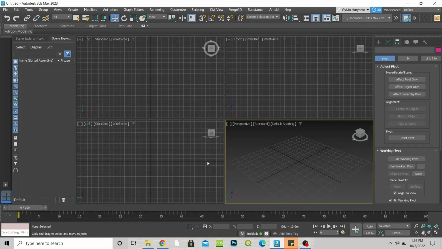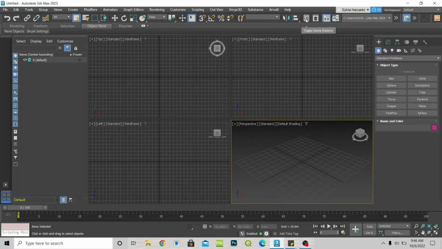Hi everyone, this is a video on the introduction to 3ds Max Part 1, and for the purpose of the video, I'm using the newest version of 3ds Max, which is 3ds Max 2023. So let's begin. First of all, this is the view or interface that you will see when you open